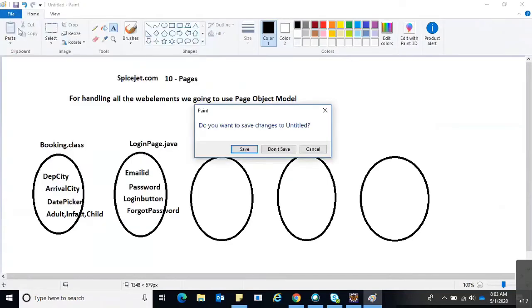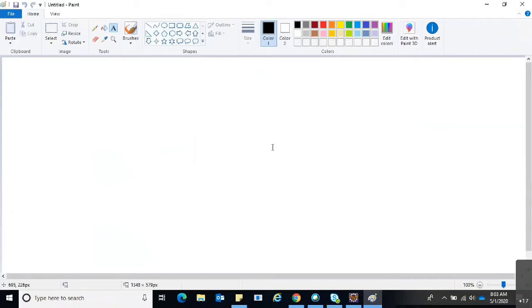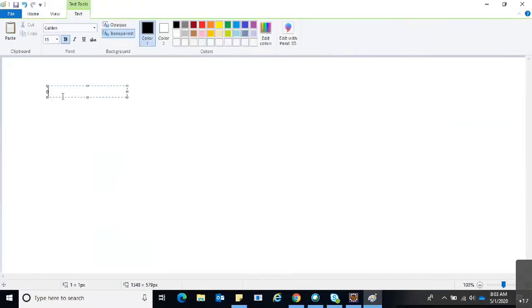Hi Rajesh. Yeah, actually it's a small query. What is the main advantage of this POM model compared to other approaches?